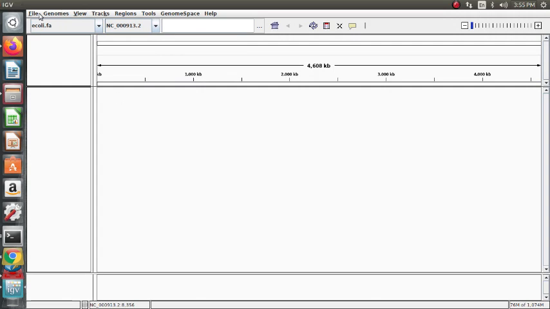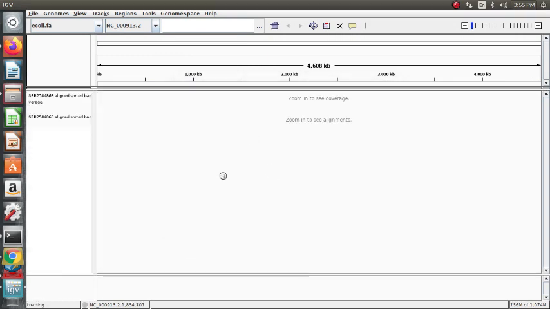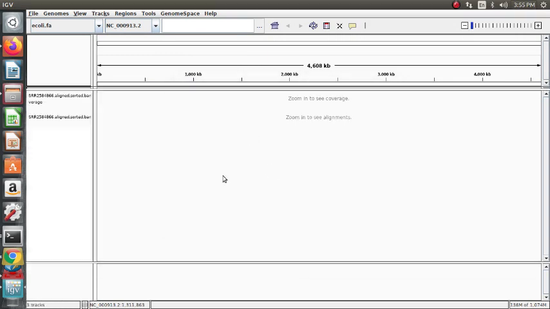The sequence will come on the bottom, so let us load the BAM file. Then go to the 393 position.